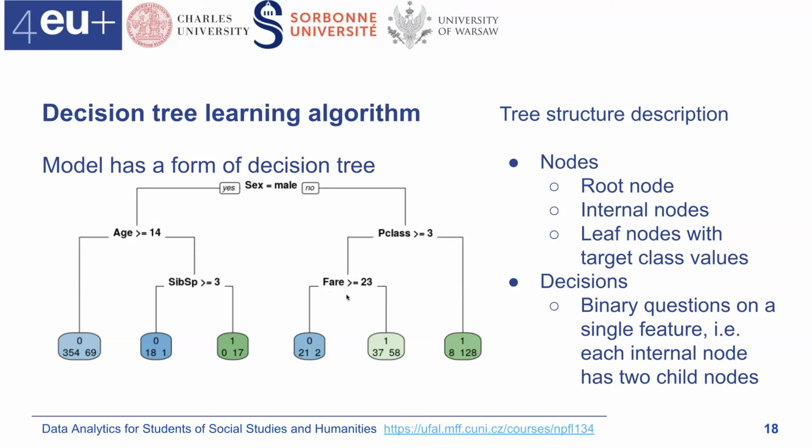Right? So here I'm rather surprised. It means that if the fare was lower than 23, then the chance to survive was higher. But